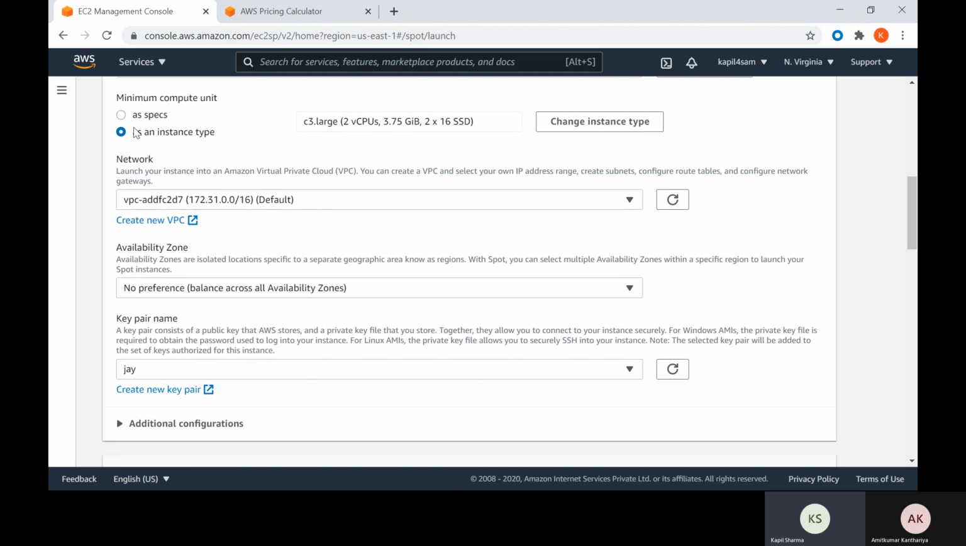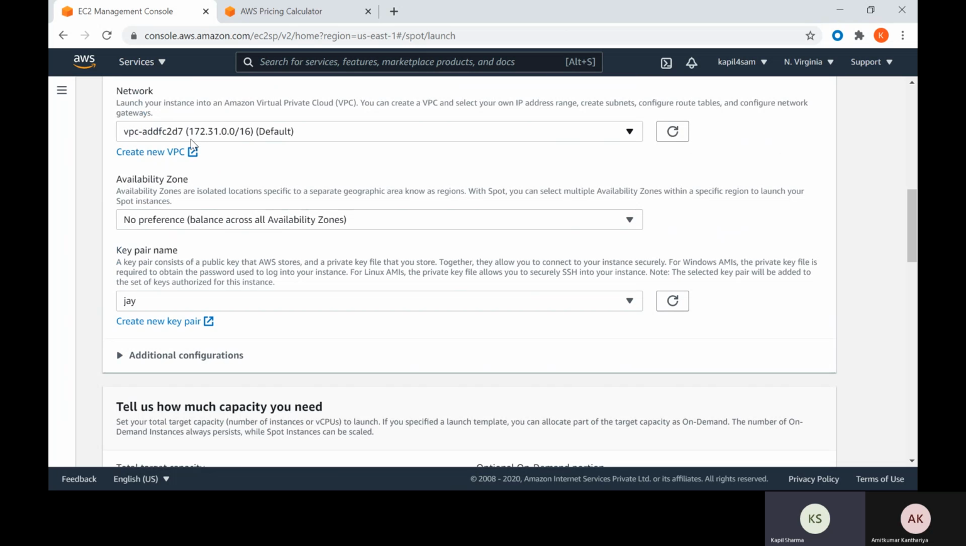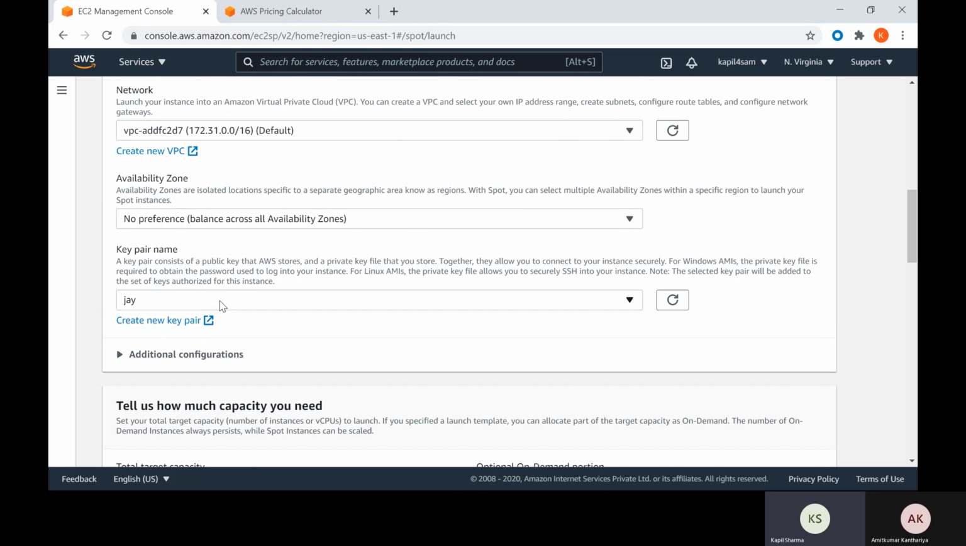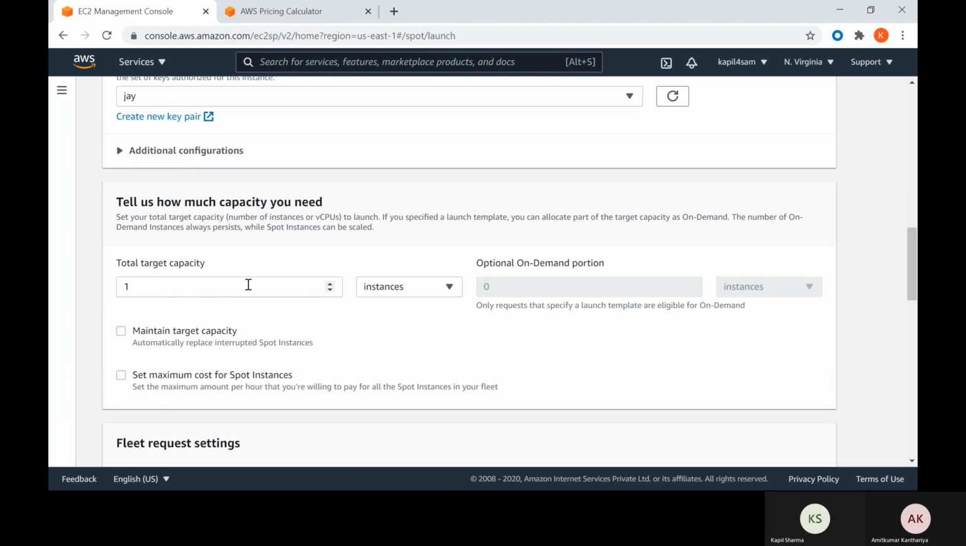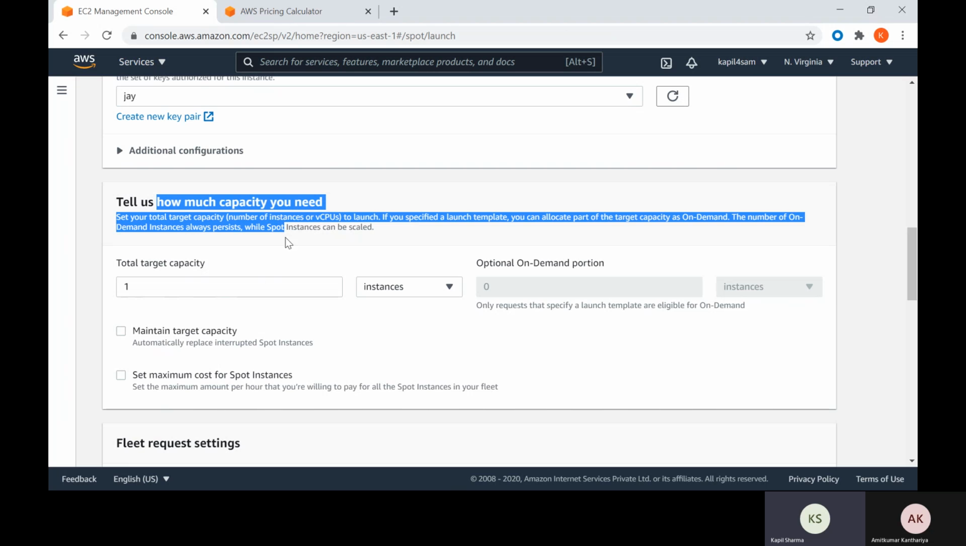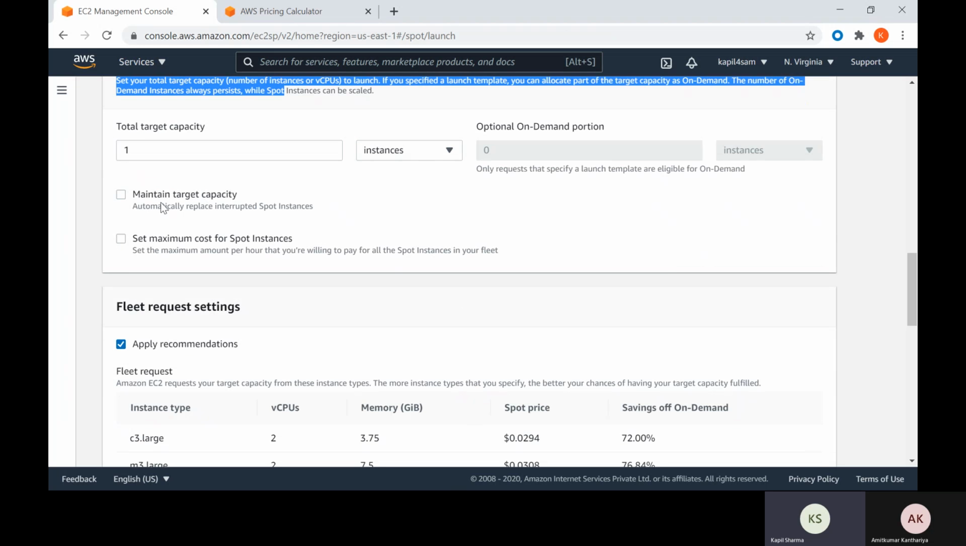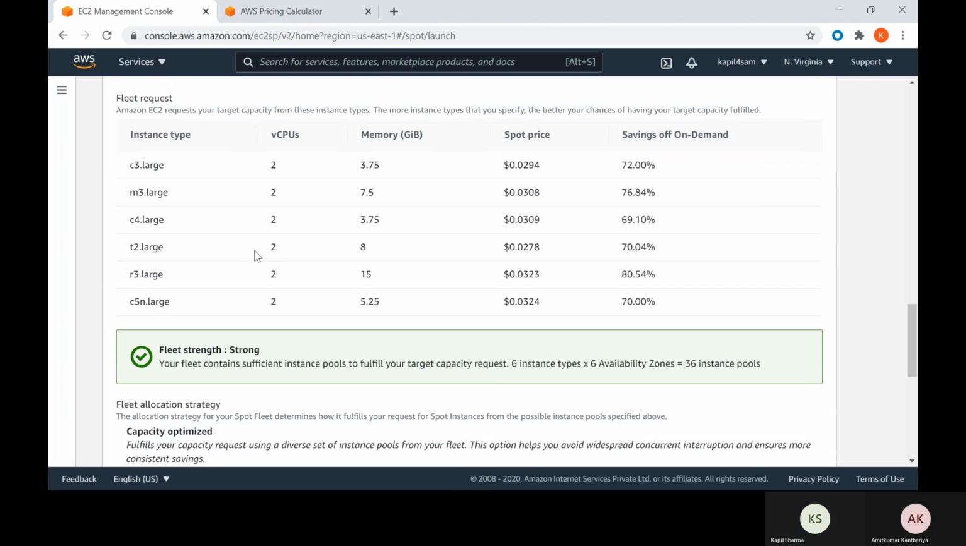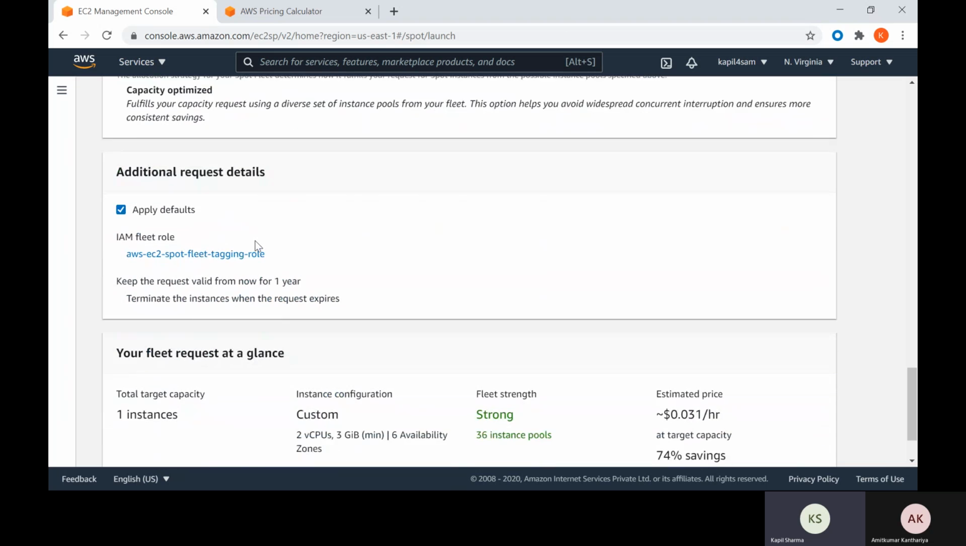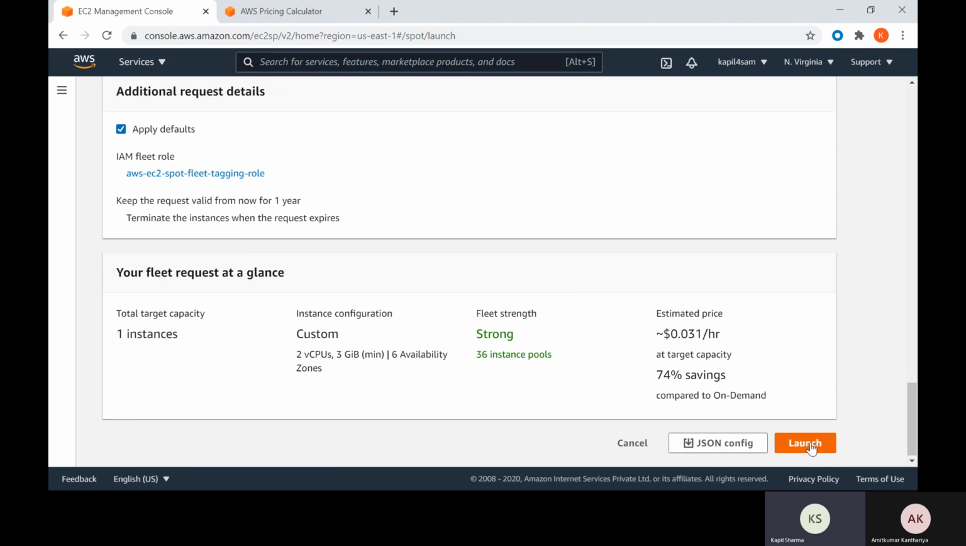Specifications or the instance types which you want, you can change the instance type, which VPC, which availability zone you want, keep your name, how much capacity you need, I mean, one instance, two instances, how many instances you want, maintain the target capacity, set the maximum cost for the spot instances. So these are all the parameters applicable, and then you can create a launch